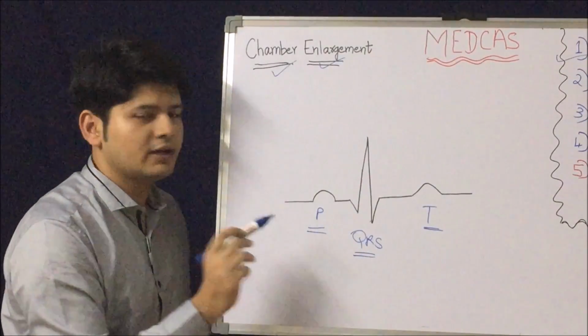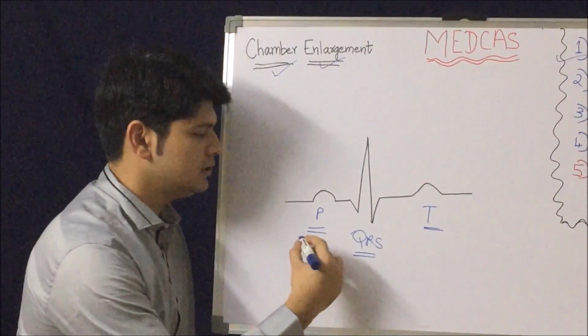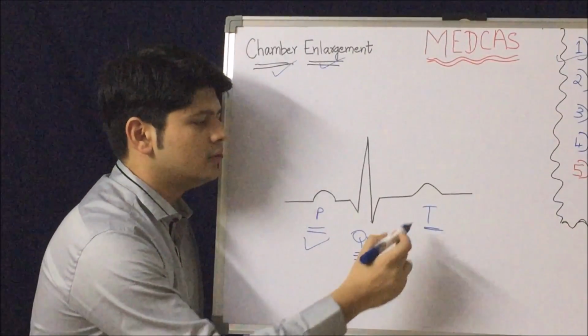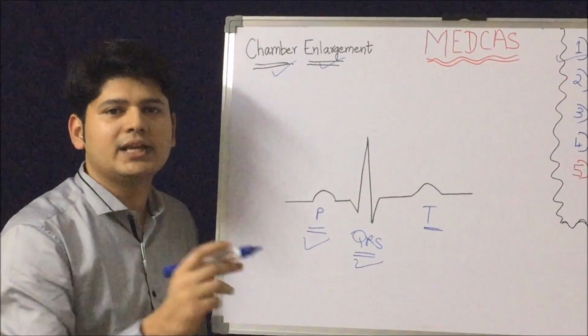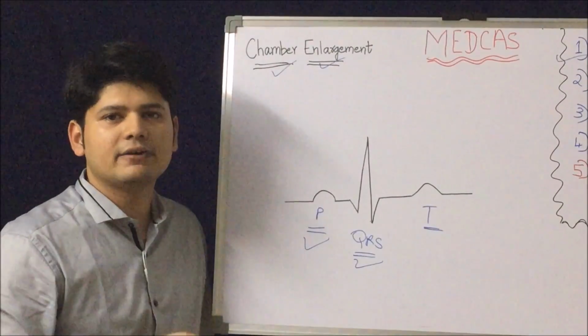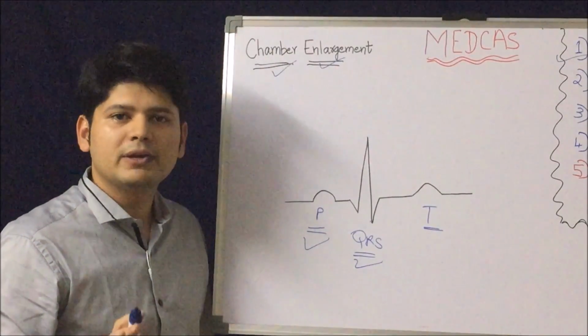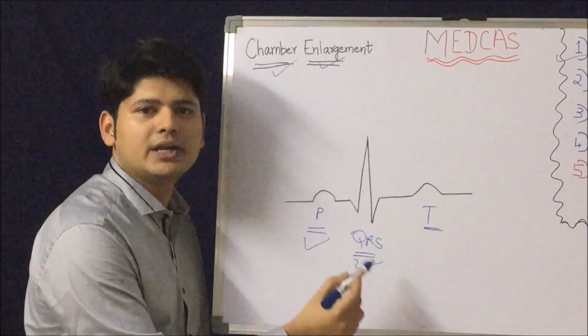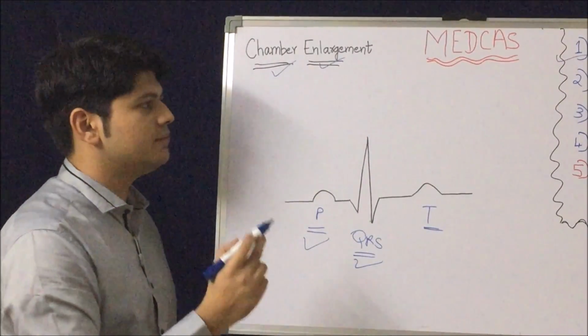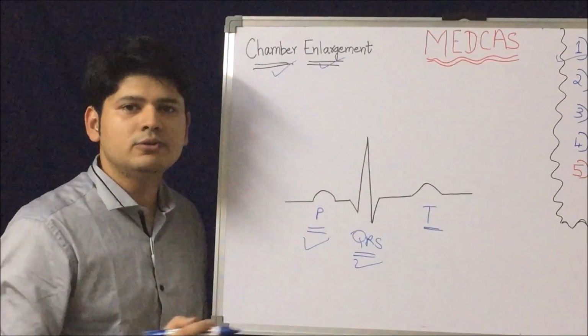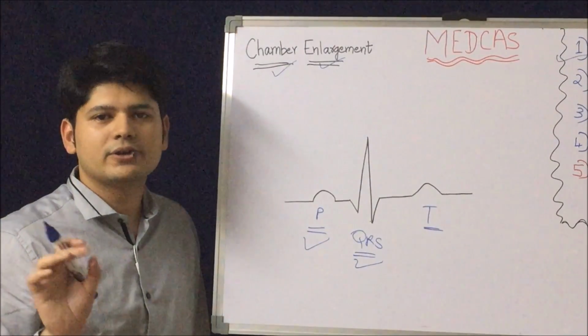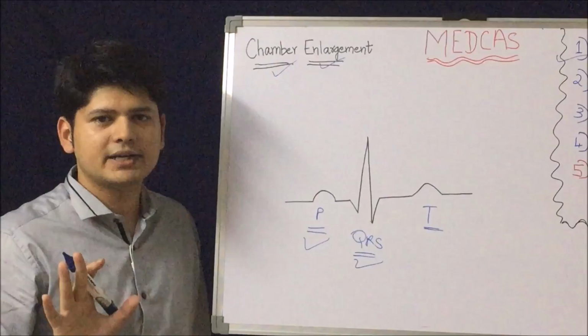Today's topic of discussion will be the P wave and QRS wave. The T wave and other waves like the U wave, epsilon wave and delta wave, we are going to discuss in another class. Today the topic will be only the P wave and QRS wave. Before we go into the P wave and QRS wave, let's remember some physiology and anatomy. We have learned something about the heart anatomy.